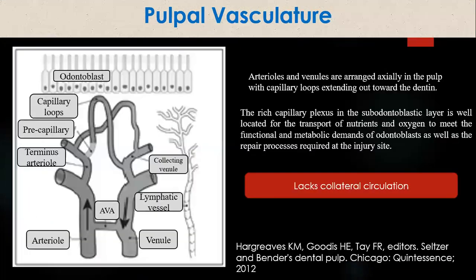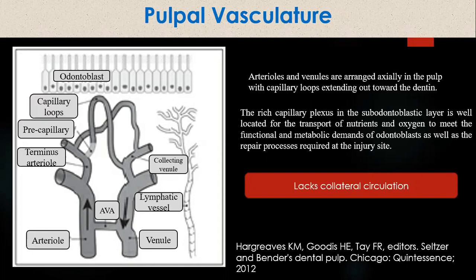Once it is being recognized, the next component that we have is pulpal vasculature. The dental pulp is richly supplied and vascularized, and we have arterioles and venules arranged axially in the pulp, with capillary loops extending out towards the dentine. The rich capillary plexus in the subodontoblastic layers is well located for the transport of nutrients and oxygen, and they meet the functional and metabolic demands of the odontoblastic cells, as well as contribute to the repair process by angiogenesis,